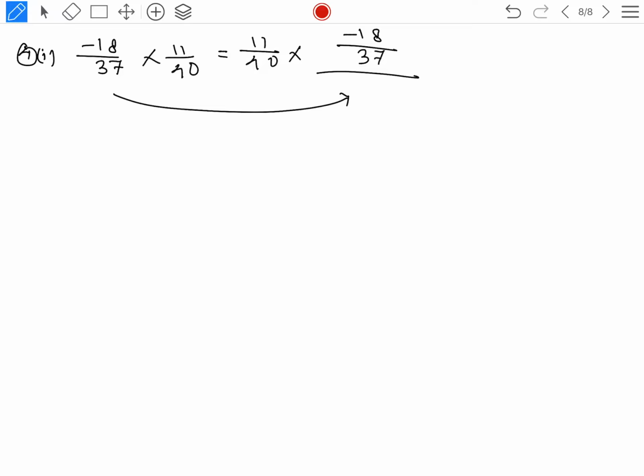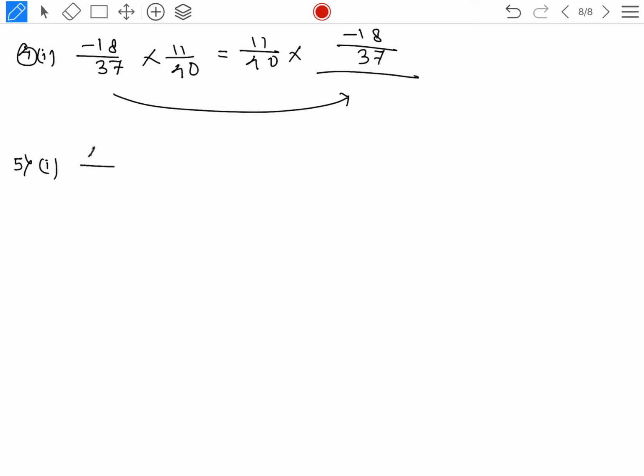Then in question 5 to 7 you need to verify the statements. 5, 6 and 7 you need to verify the statements and also name the properties of multiplication illustrated by the statement. Okay, you have to name the properties of multiplication that we have learned in a previous class. See, question number 5, 6 and 7 properties you will name by yourself. Okay, and don't forget to answer the questions and send me in my mail because I am checking my mail and I am taking the notes of the names of those students who are submitting.